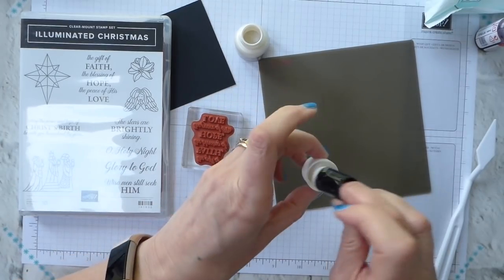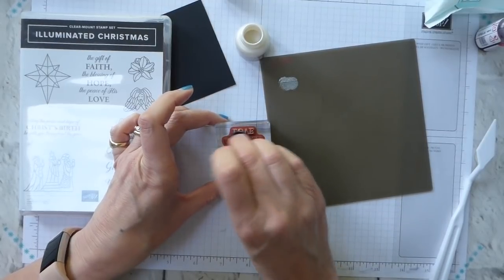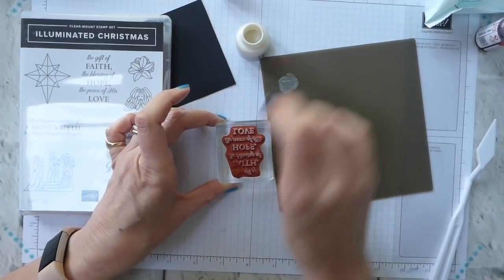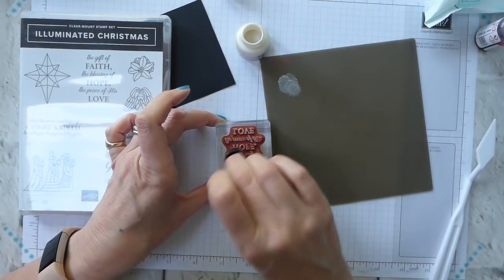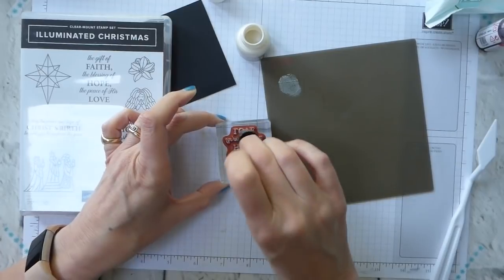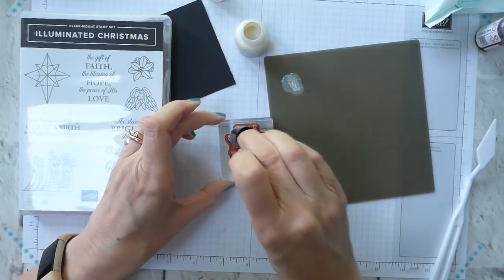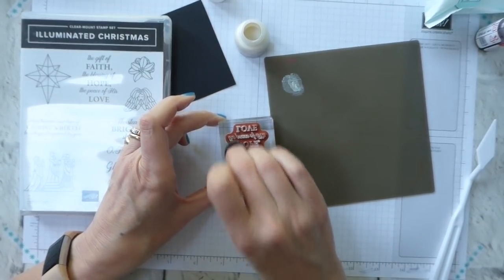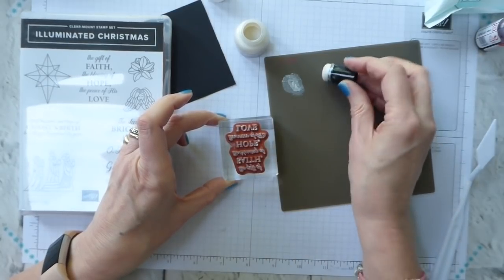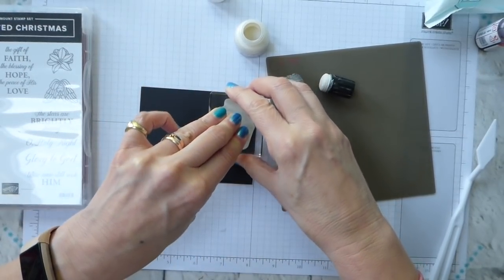So what I tend to use with a silicone mat is just get the right amount and then just ink your stamp. And if you need a bit more, you can go back into your lid and just ink your stamp up using a sponge dauber. So just make sure you've got enough. Let's just wipe around the top of the lid. Always a good time to clean up the lid or the top of your pot. And once you are reasonably confident that you've got enough on, give it a huff